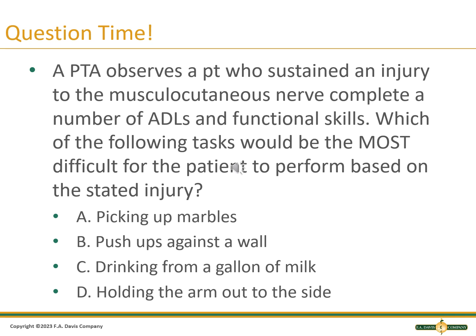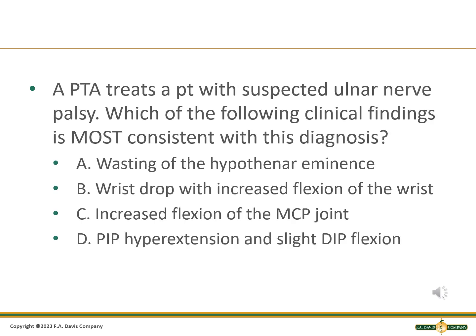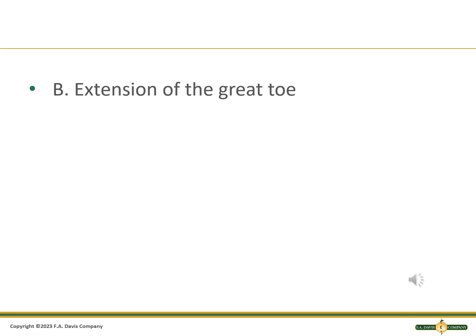All right, party people, it is time for my apologies if you didn't pause to read. Question number 2. A PTA, and the answer is A, wasting of the height. Last up for questions. A PTA, and the answer is B, extension of the